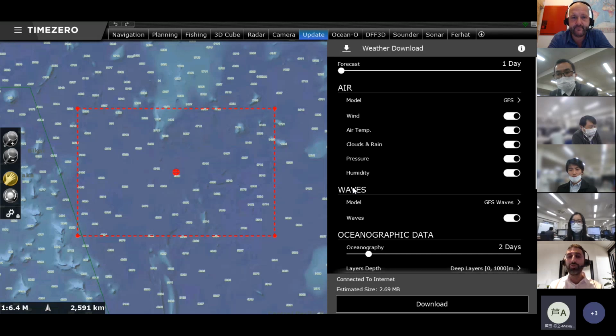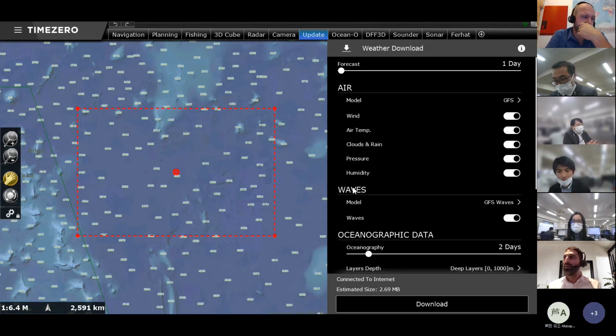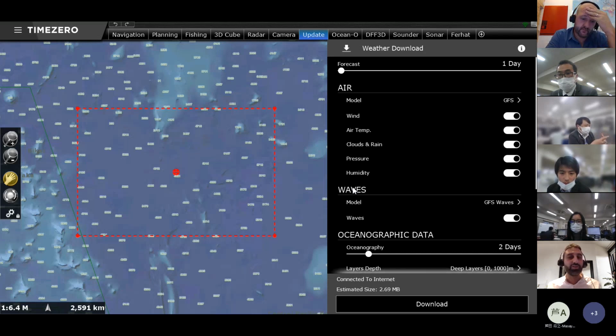Sure, because in Taiwan, for example, they go for 1 or 2 years on the fishing field. So they have unlimited satellite communication and they don't care about the size of the data. Of course, the file needs to be small for the time of downloading, but they don't care about how much it costs because it's unlimited. So they can download the file every day, basically.